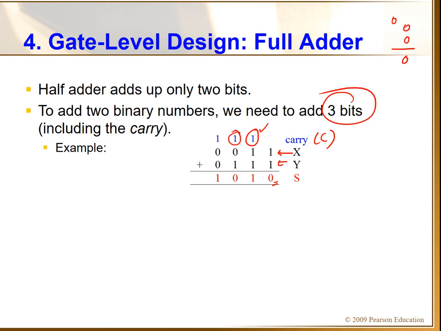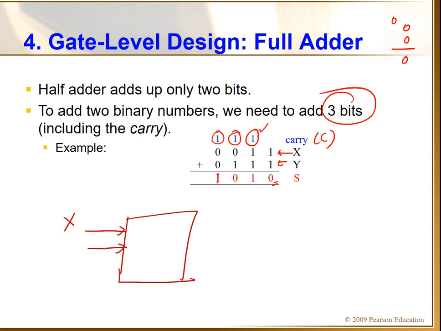Okay, now 1 plus 0 is 1, 1 plus 1 is 0, again we get a carry. 0 plus 0, you get 1 here. So what is actually happening here? For the simple adder operation, there are two inputs. Here, your inputs are 3. So if you draw the block diagram here, so basically here we are having